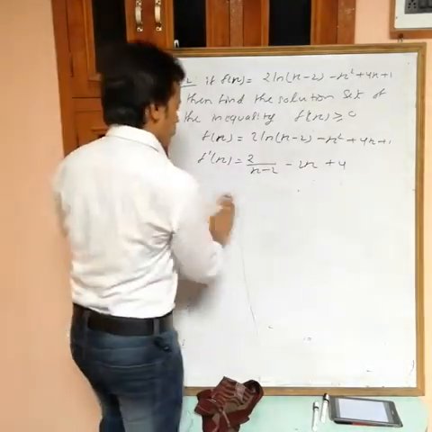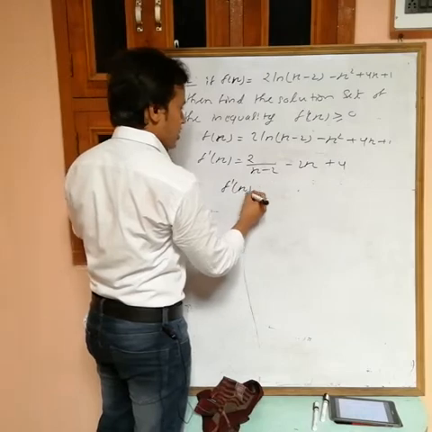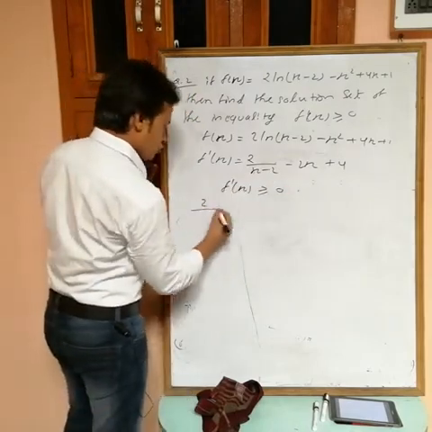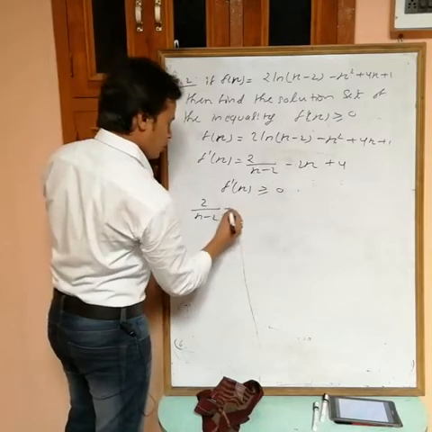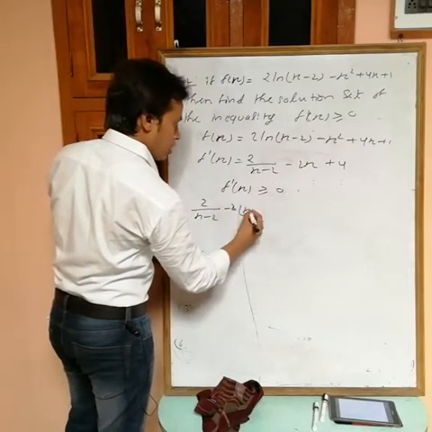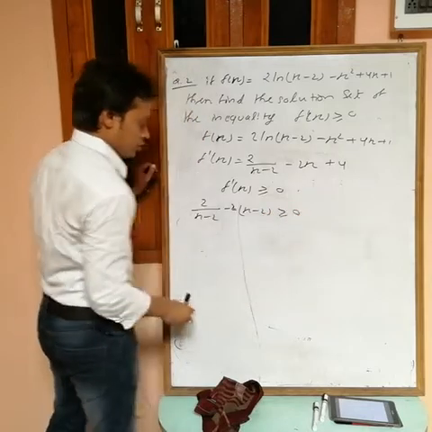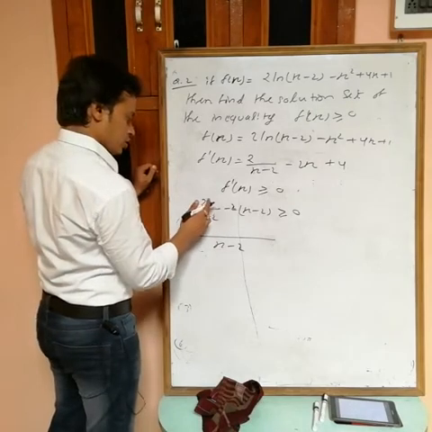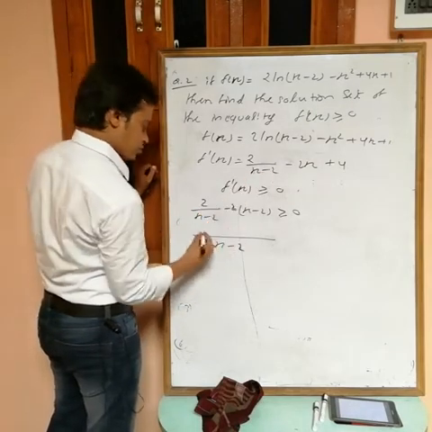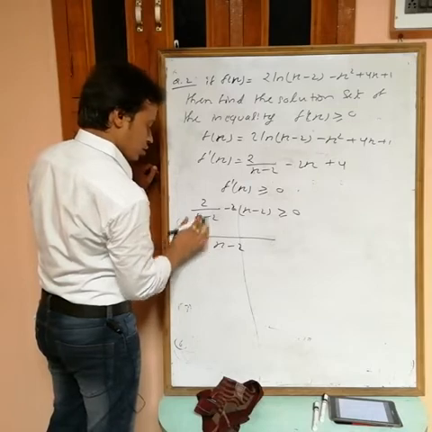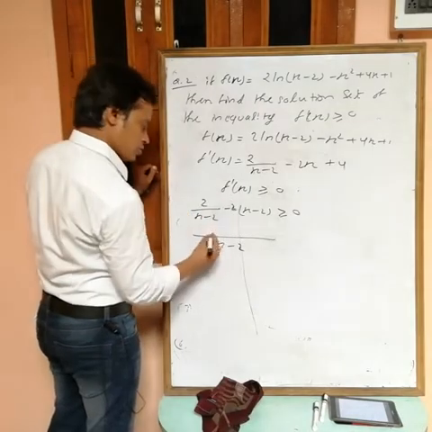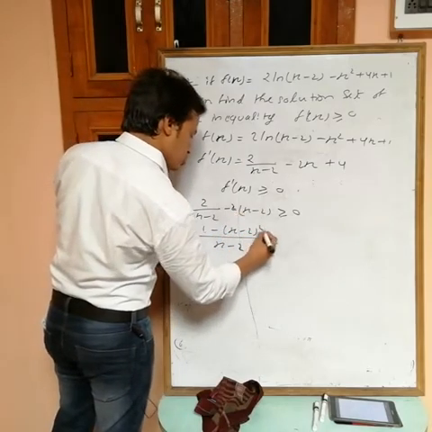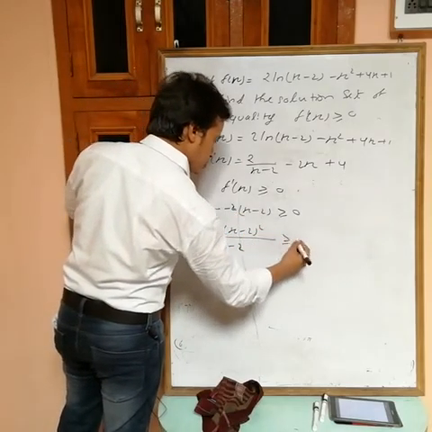Now what do we want? We want the solution set of f'(x) ≥ 0. Put the value of f'(x): 2/(x - 2) - 2x + 4 ≥ 0. In these two I can take common -2, then we get x - 2 ≥ 0. Take LCM x - 2. Then taking 2 common, and 0 on the right side, we get 1 - (x - 2)(x - 2) over (x - 2) ≥ 0, that is, (x - 2)² in the numerator.